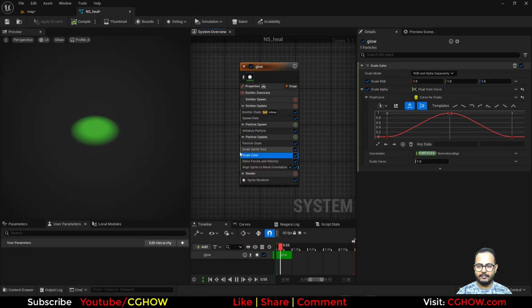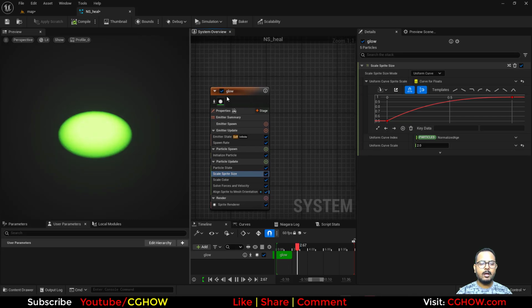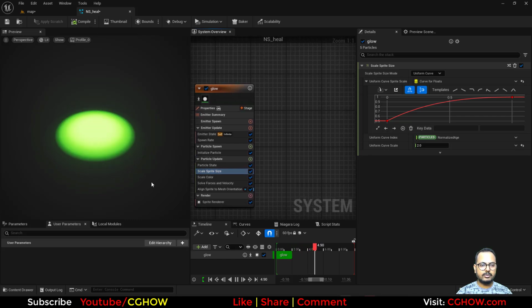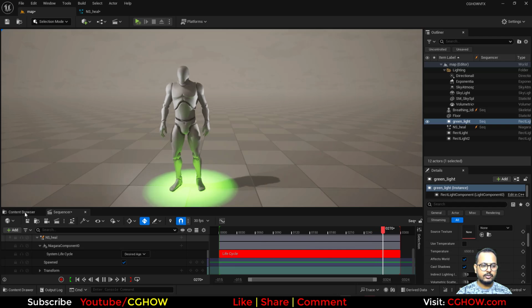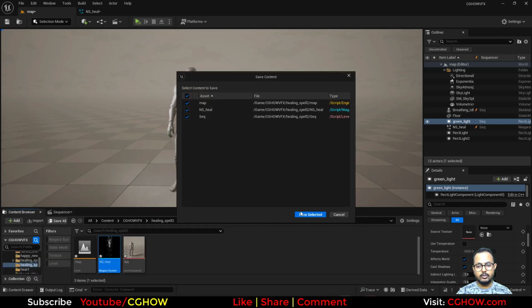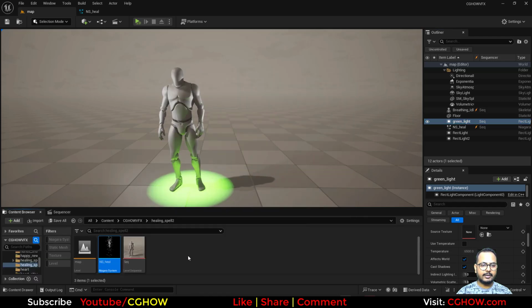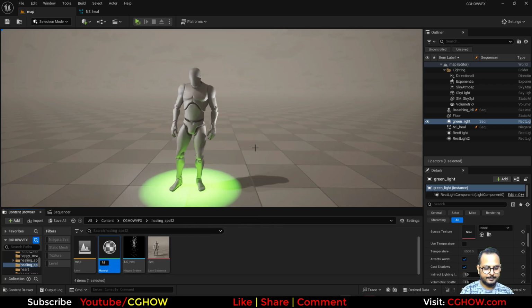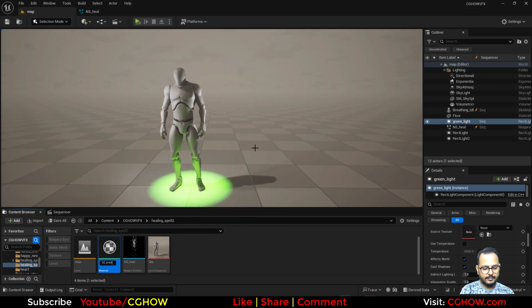Okay, so we have fade in, fade out, and scaling. Okay, so the next thing is we want something around it, that energy. For that you can also use a mesh. So if I make a material like this, energy,